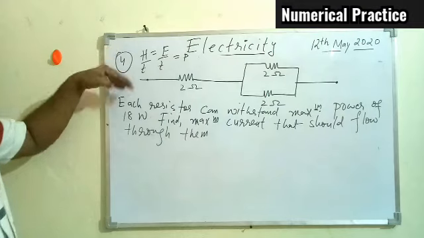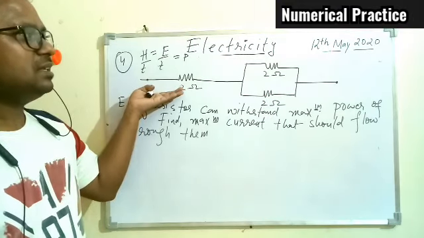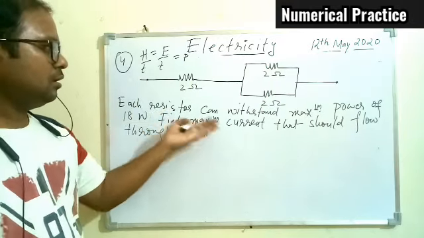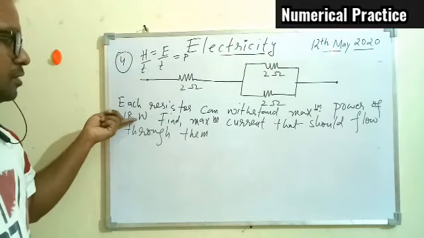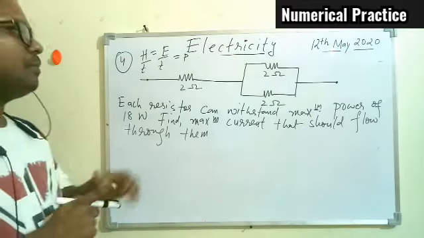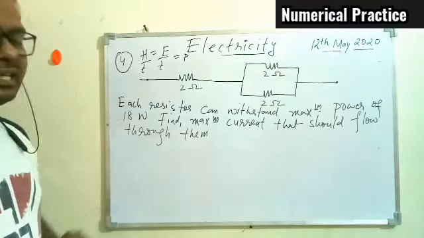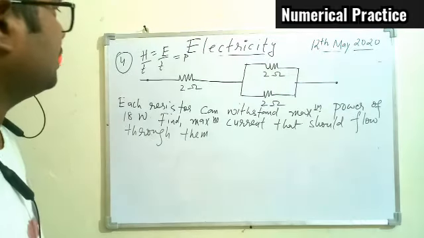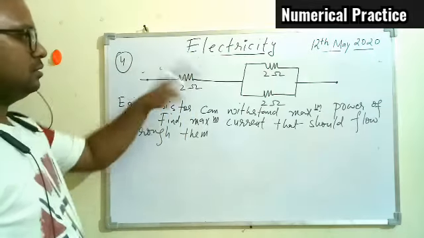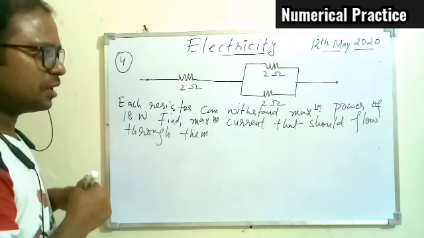Power. So with the increase in the heat, power will increase, and after a certain limit the resistor can get damaged. The power has a maximum of 18 watt, meaning more than 18 watt cannot be tolerated by any of the resistors. So what should be the maximum current that should flow through all the 3, so that the power will not exceed 18 watt? For this we have to see one thing: since they are a combination of resistors, we have to apply all the concepts together.